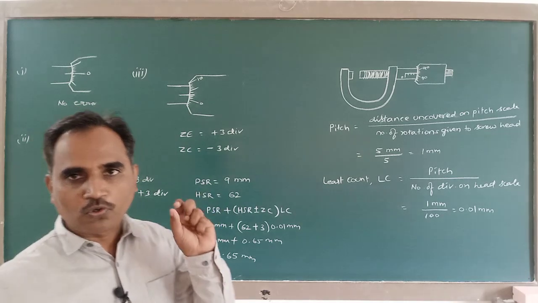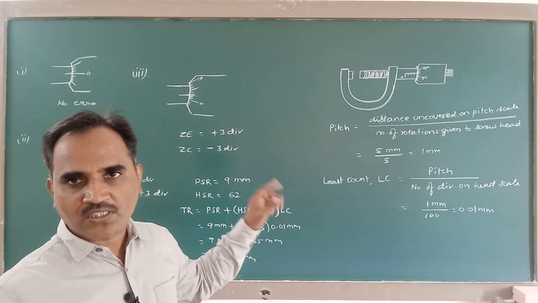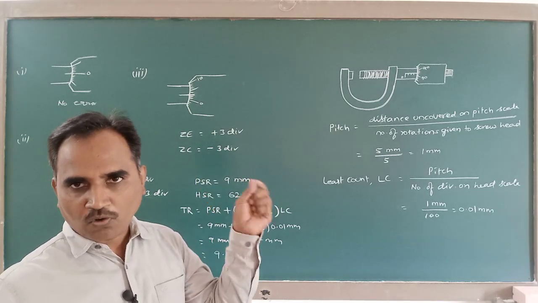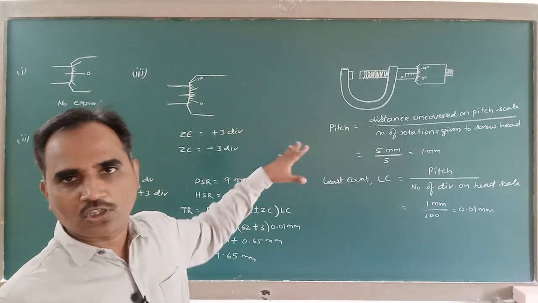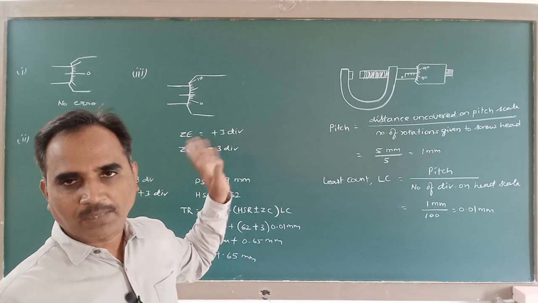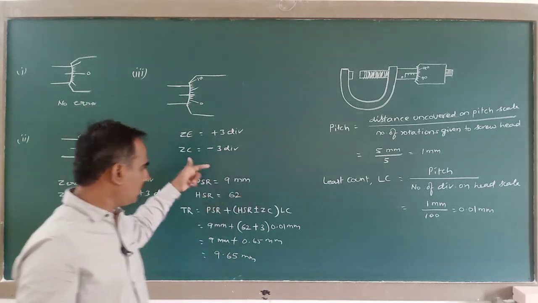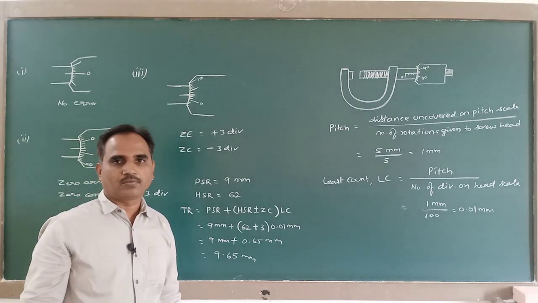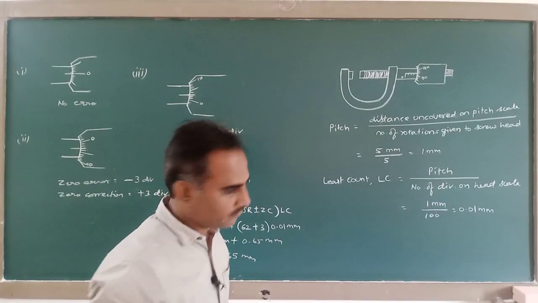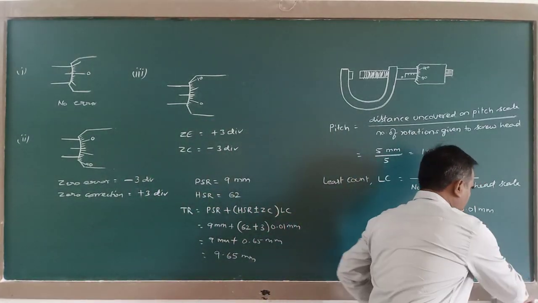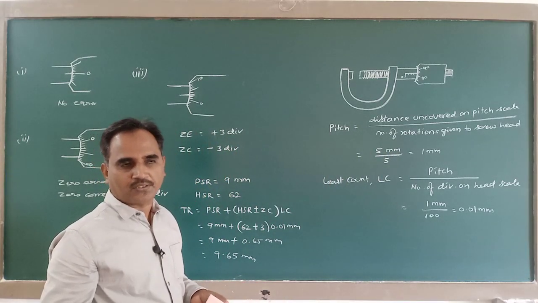I told you how to use a vernier calipers and also how to use a screw gauge. You are doing these 2 experiments in the laboratory. So before going to lab, when practical starts, you go through this video once again. Thereby you can confidently do the experiment in the laboratory. Apart from that, you should remember this formula from the NEET examination point of view. So this is about the direct measurement of length, by using ordinary scale, vernier calipers, and then screw gauge.